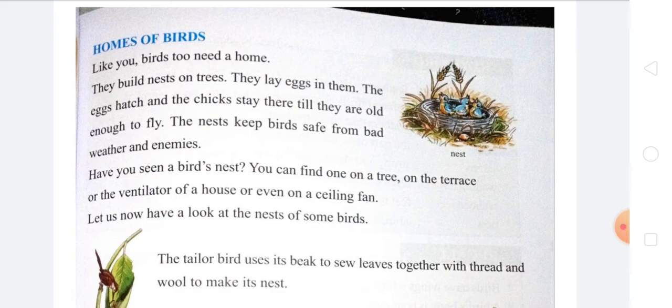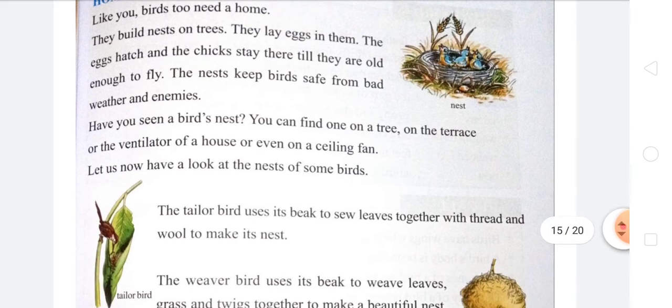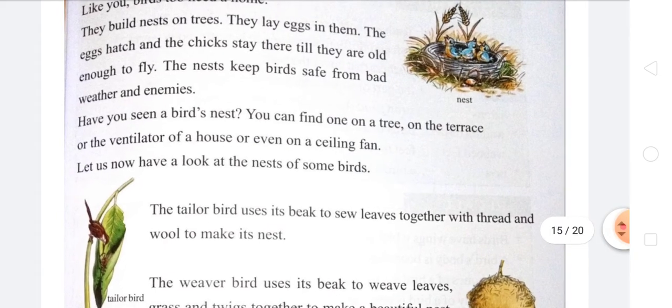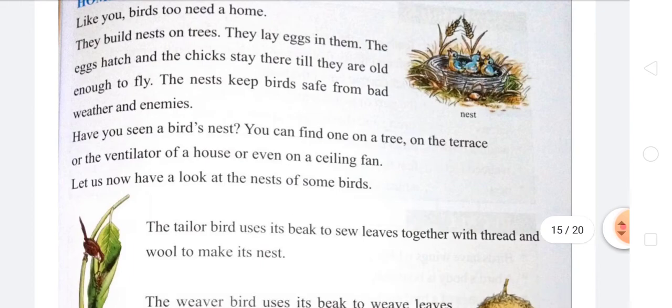The nest keeps birds safe from bad weather and enemies. So have you seen a bird's nest? Yes, you have also seen it, because you find it on trees, on the terrace, on the ventilator of a house, or even on a ceiling fan.